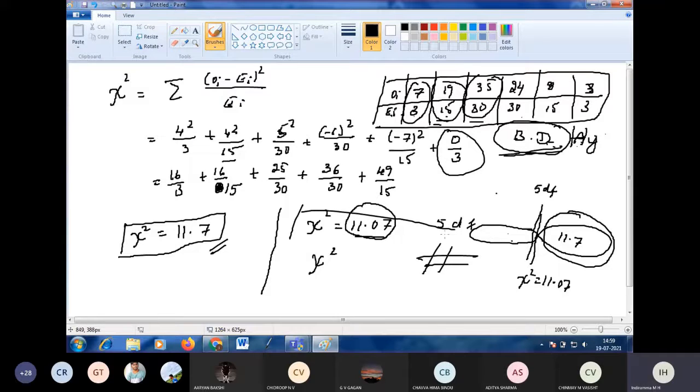Okay, so actually this chi-square distribution is very simple. It is one compulsory question for your exam, for 6 to 7 marks. They will give observed values. First you write the observed value, then you find the expected value. In the question itself they will give which distribution we have to follow. That is the assumption they will give. Then using that assumption, sometimes they will give the expected values, otherwise we have to find the expected values. After finding the expected values, we have to find the chi-square value.